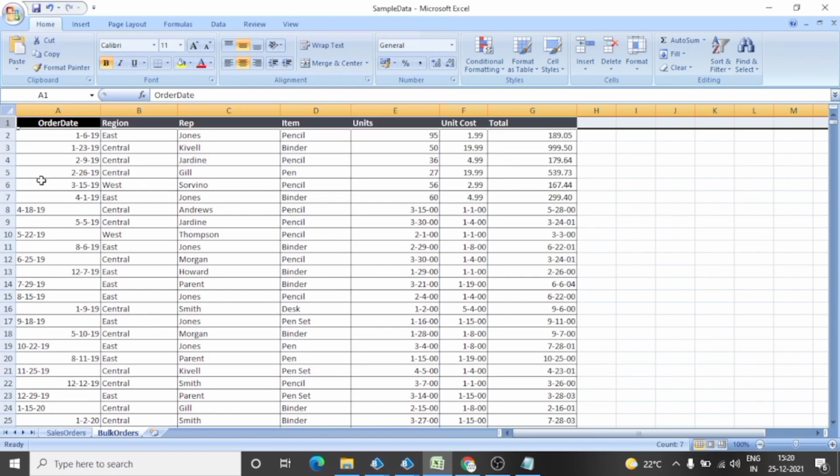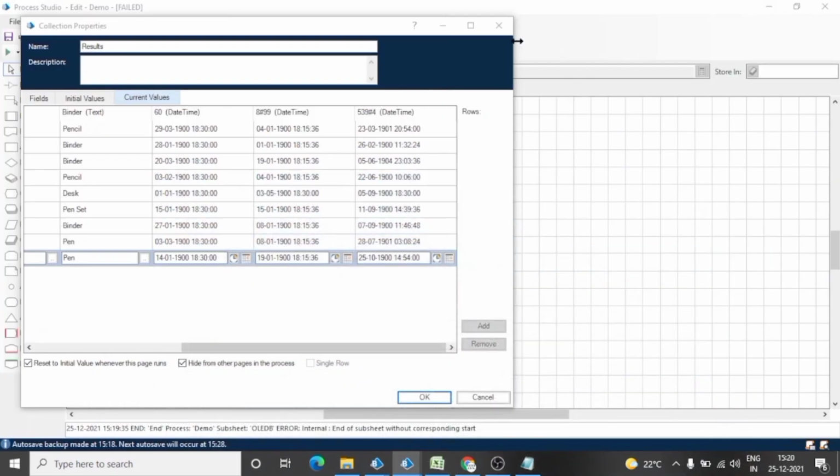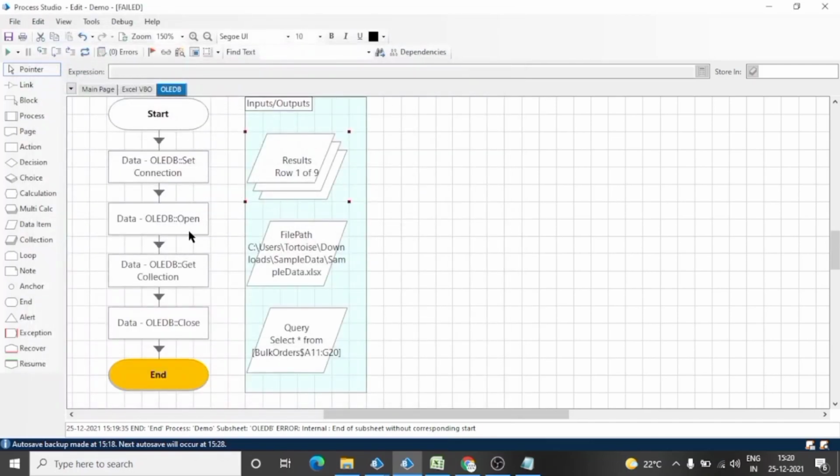Let me show you one more thing which I already told in that OLEDB video. See, this OLEDB is making the first row the header. But we can also decide whether we want to make the first row a header or not.